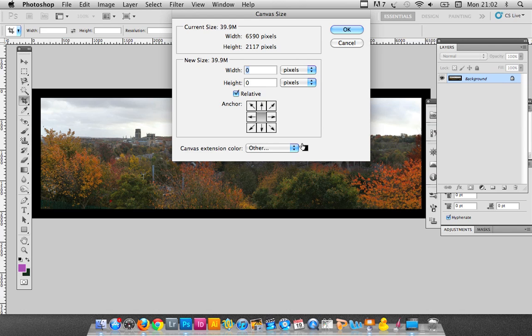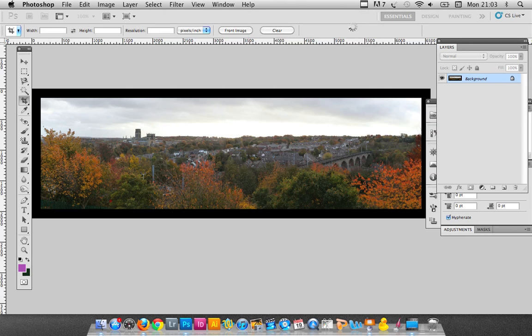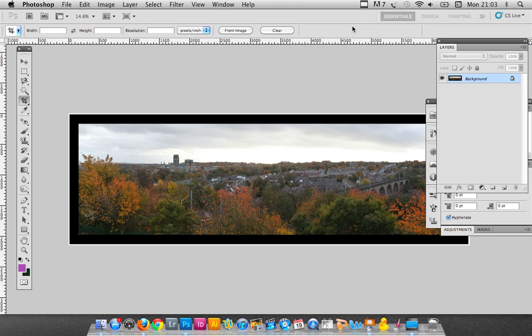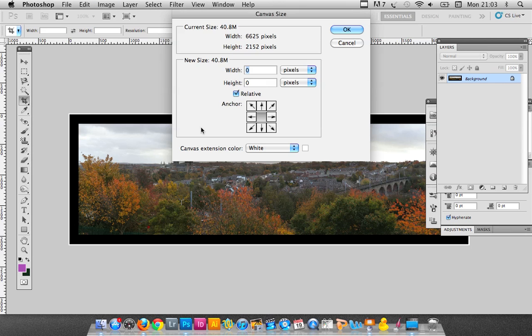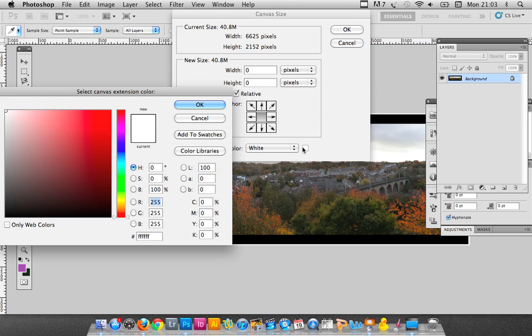If I go back to Canvas Size, and now this time change the canvas extension color to white, and I'm going to go to centimeters even. Actually, I'll go to millimeters, it'll make it easier. I'm just going to put a 3mm white border after that. Click OK. So I did a little white border, and now one more final time I can go into Canvas Size, set that to black again,